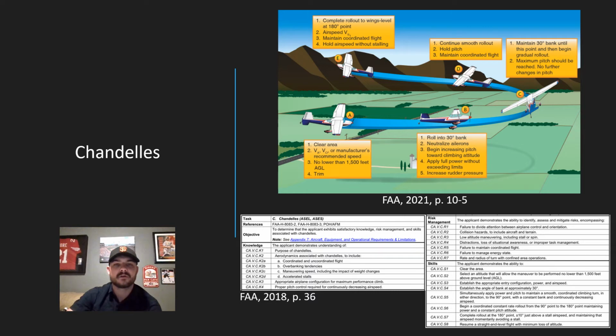Common errors include not clearing the area, too low of an initial bank resulting in a stall, that's me, too high of an initial bank resulting in reduced performance, increasing bank after establishing 30 degrees, failing to begin recovery at the 90-degree point, continuing to increase pitch beyond the 90-degree point, not reaching the 180-degree point when wings are leveled,